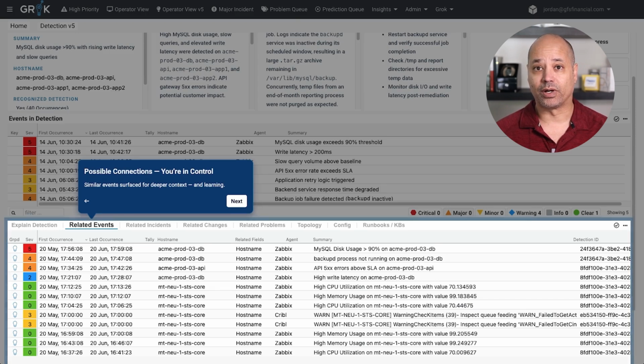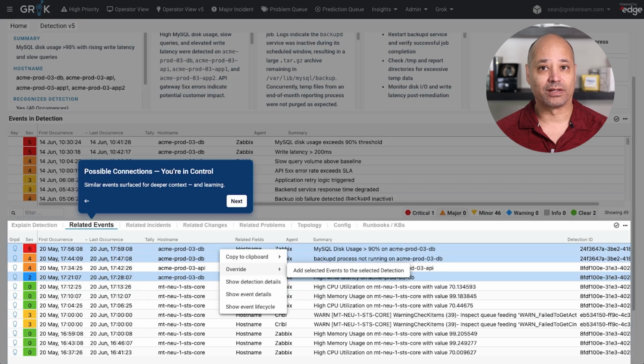Jordan can scan through them, validate what's happening, and even uncover extra clues. And here's the really cool part. Jordan can select an arbitrary subset of these events, right-click, and add them into the detection. We call this an operator override. And it's not just handy, it's actually teaching Grok. Every time Jordan does this, Grok gets a little smarter. This is another example of supervised reinforced learning at work, shaping future correlations to match how the GFS team thinks